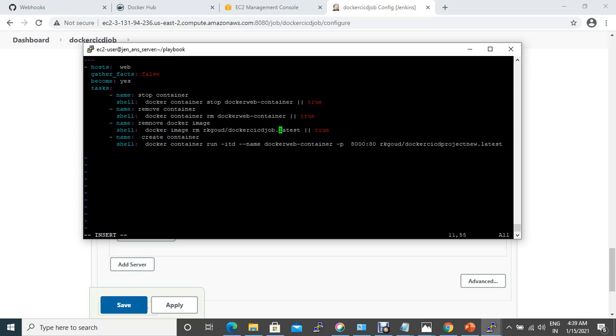Okay, it's docker CICD job dot latest, and if it's there, then docker CICD